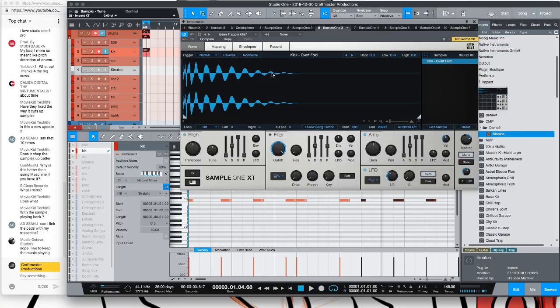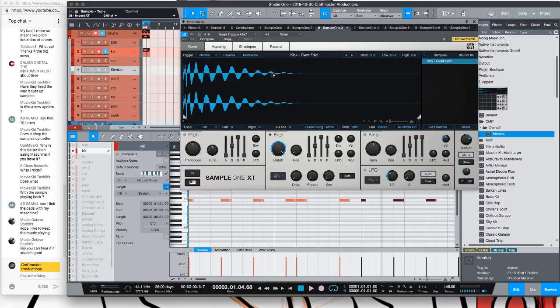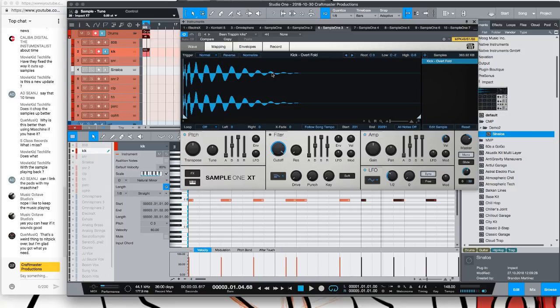So I don't know about the auto chop. I haven't checked it out yet. But yeah, man, this is pretty crazy. I'm gonna cut this stream right now. I was super excited about this. I just got home from school. I wanted to